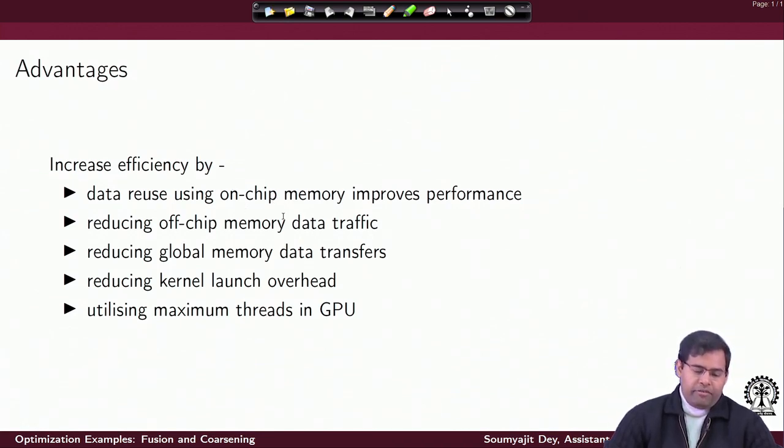Now, of course, as a side effect, if I am making better use of the on-chip memory, I reduce the off-chip data traffic. That's what we mean by reducing the global memory data transfers.